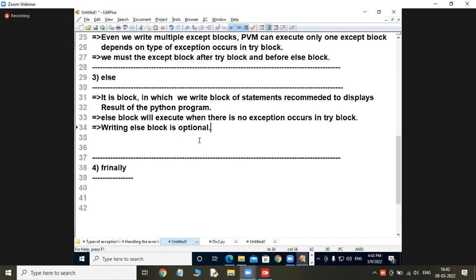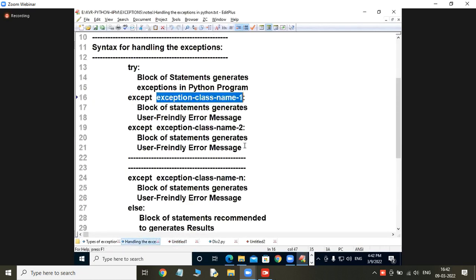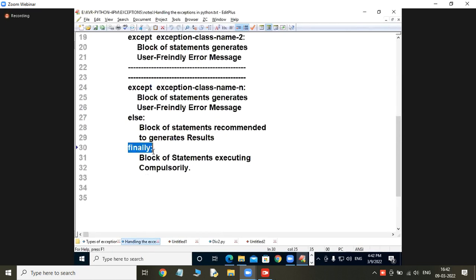Now, what is the placement of writing else block? See the syntax. The else block is to be written after the except block and before the finally block, provided I may write the finally block, I may not write the finally block.